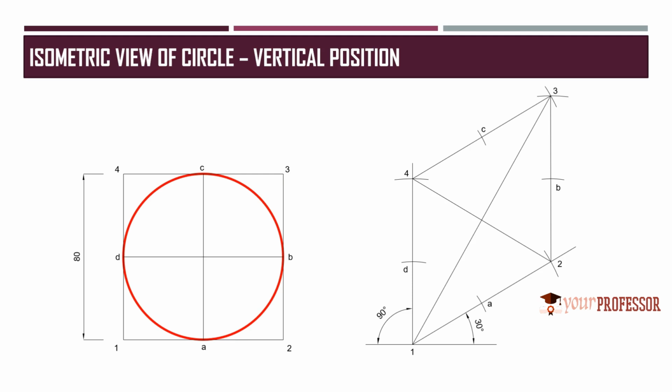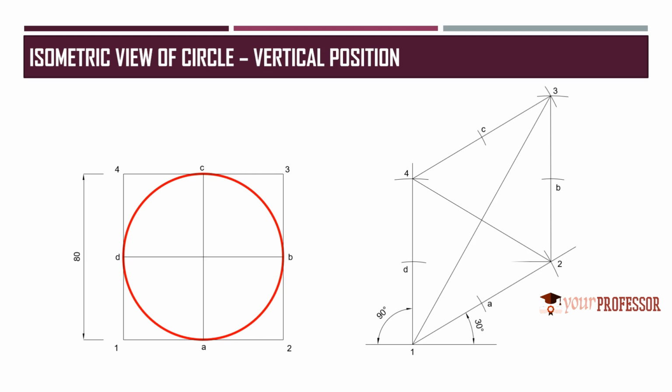So if you observe these two diagonals, 2, 4 is the shortest diagonal. Now you need to identify the endpoints of the shortest diagonal. 2 and 4 are the endpoints of the shortest diagonal. From the endpoints of the shortest diagonal, you need to join the opposite midpoints. So from 4, you need to join A and B. And from 2, you need to join D and C.